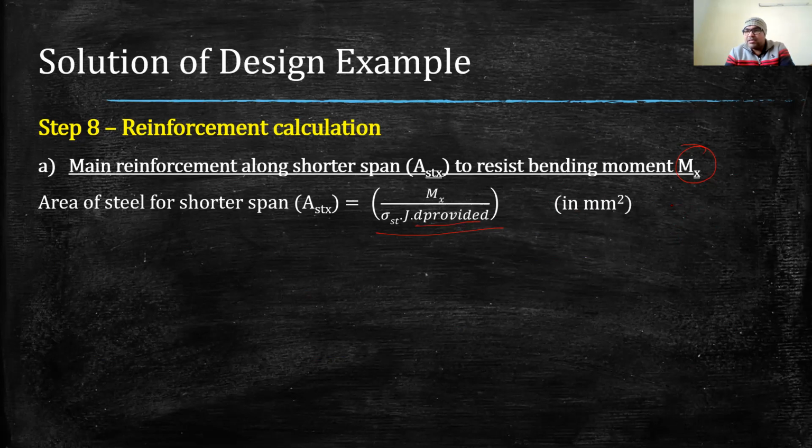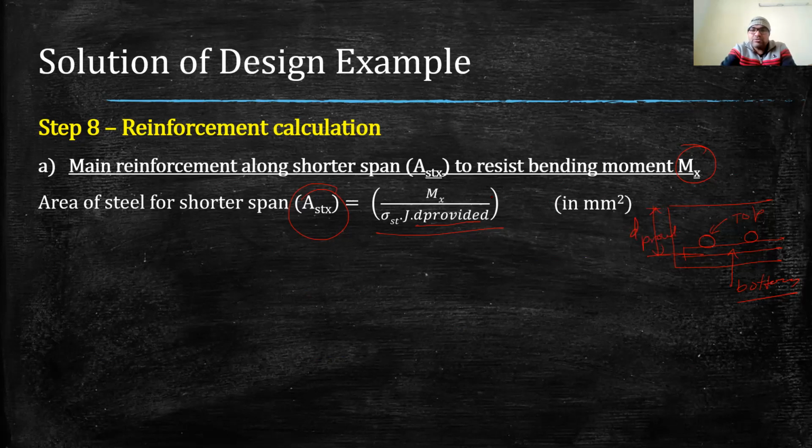So as I am making here, this is the slab, and the first layer of reinforcement will be this one, and the second layer of the reinforcement will be lying on this one. So this is the top layer, and this one is the bottom layer. So the bottom layer of reinforcement will be along the shorter span, which means ASTX will be the bottom reinforcement. And the effective depth for this reinforcement will be measured from the center of the reinforcement to the topmost of the slab, which is the D provided.